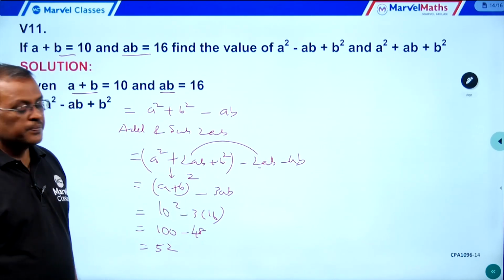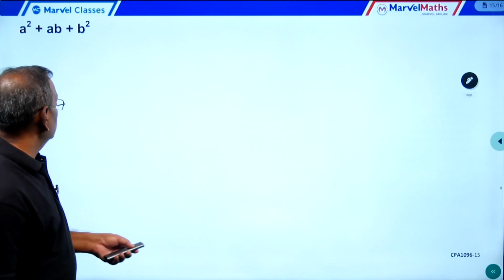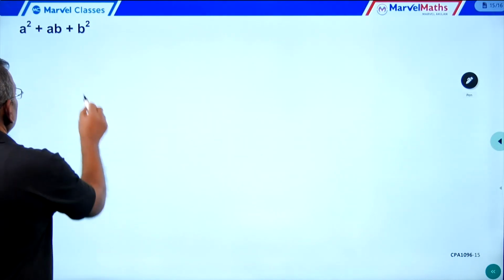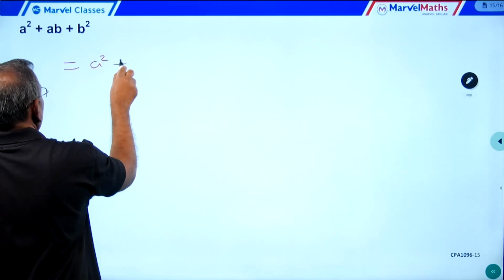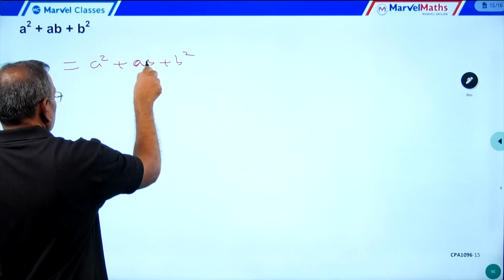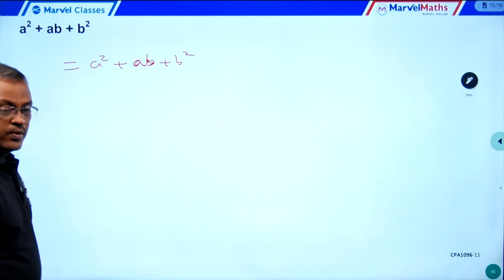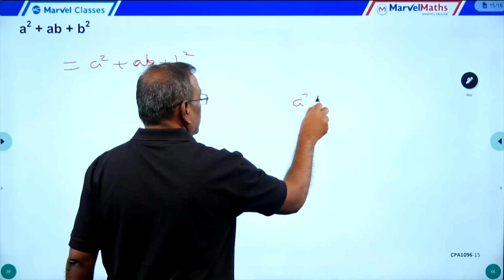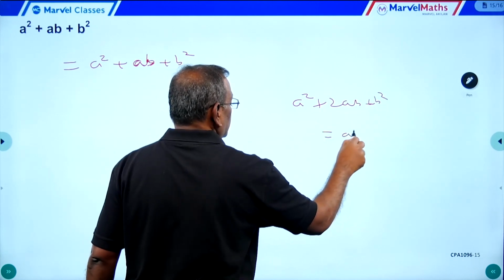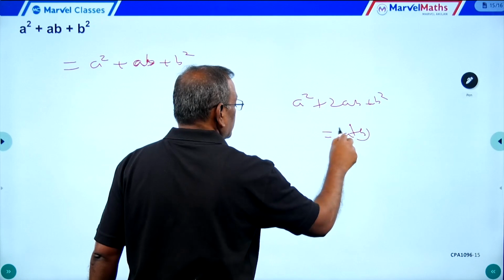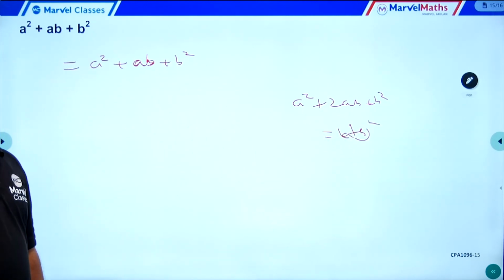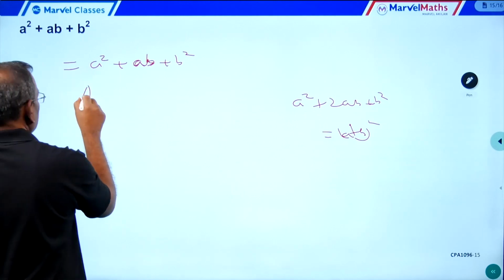Okay. Similarly, one more variation is there, a square plus ab plus b square. Plus sign is there, that is one big advantage, but we need 2ab. What is the formula here? A square plus 2ab plus b square equal to a plus b the whole square, but here only one ab is there, so we need one more ab. Add and subtract